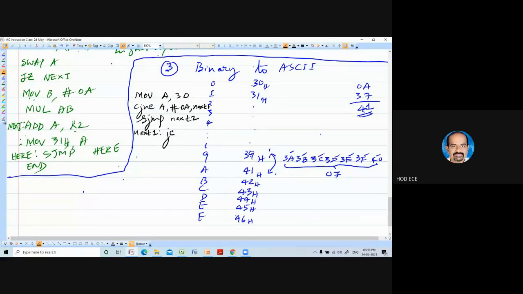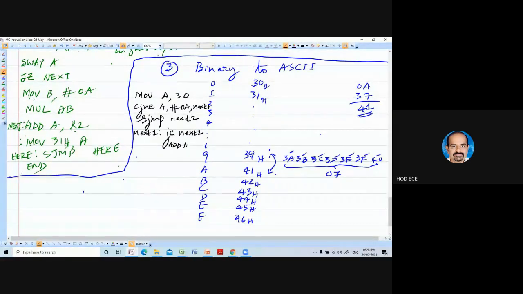It's not equal. Whether it is less, you have to check. If it is less, no problem, you have to just add 30. If it is more, what do you have to do? You have to add extra 7.